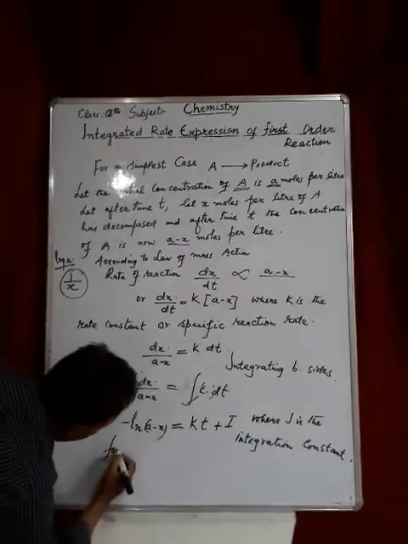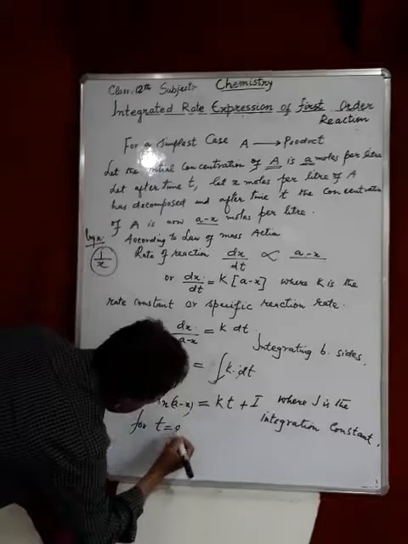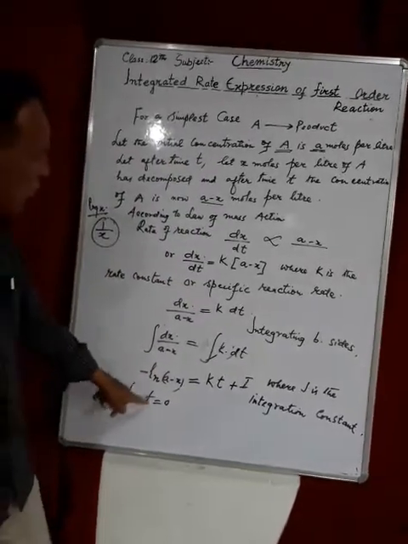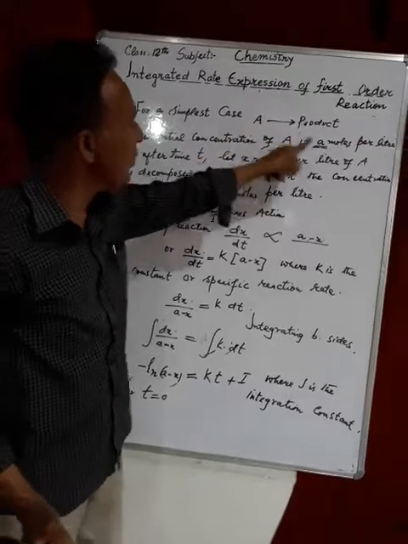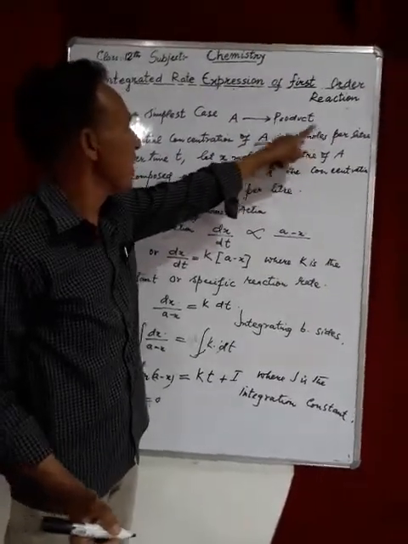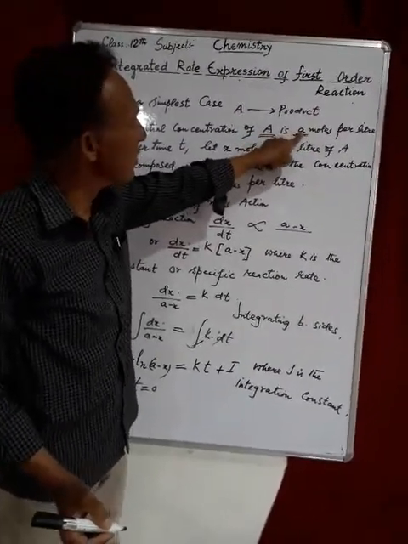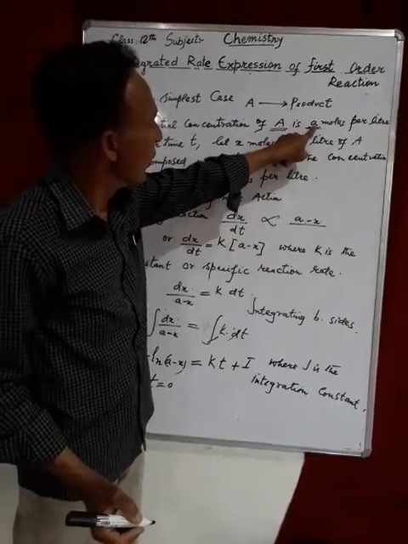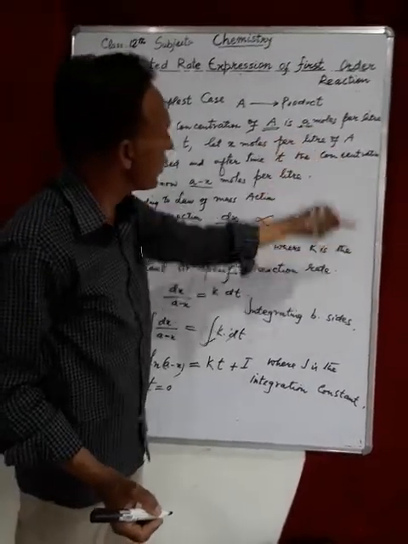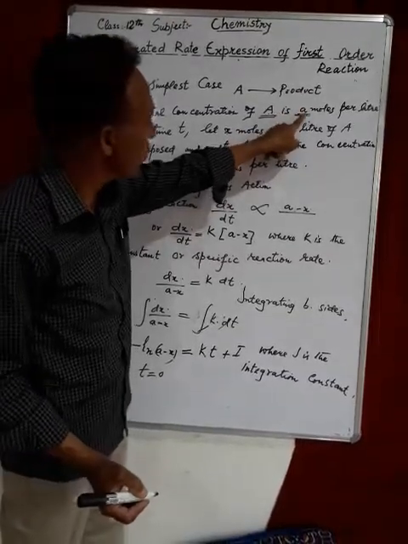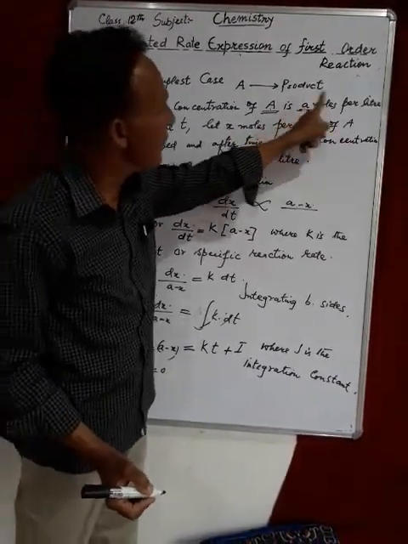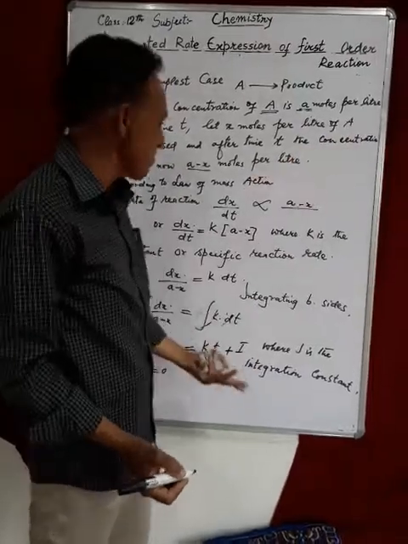If we put time 0, for t is equal to 0, then A, which was initially A moles per liter when time is 0, how much is the value of X? X is not the format. X is the portion of the A, the quantity of A which gets decomposed when the time is